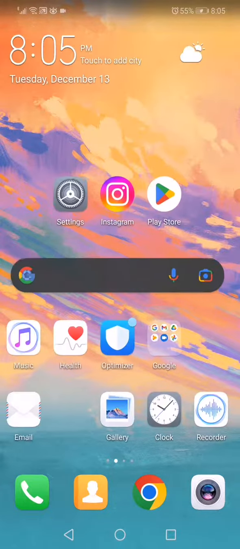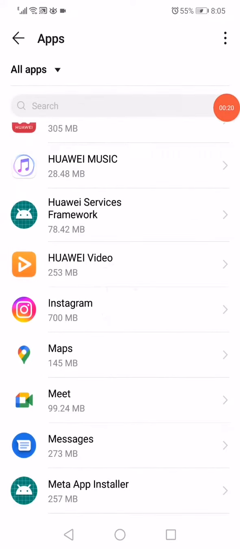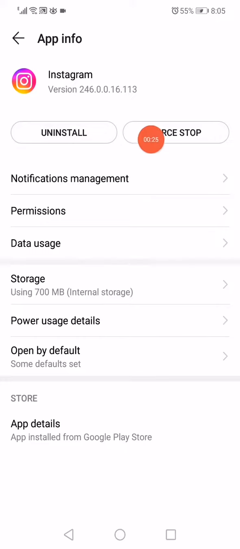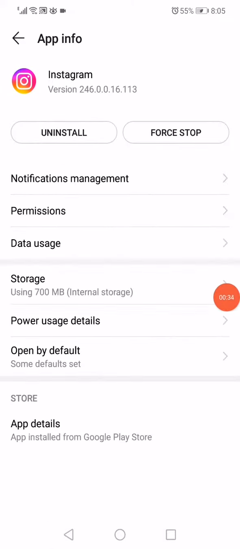So first thing, go to the settings on your phone, go to the apps manager, go to apps, go to Instagram app right here, click on force stop, and then go down to the storage, click on this option and this option right here, go back, click on power usage details, click here on force stop again, go back, and